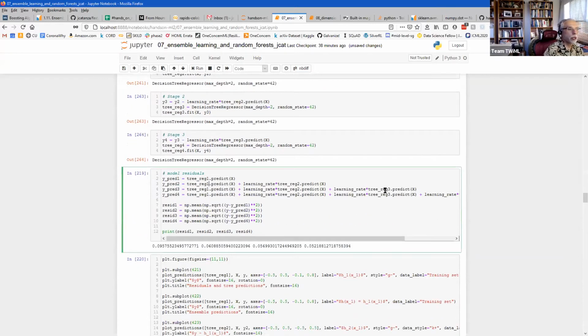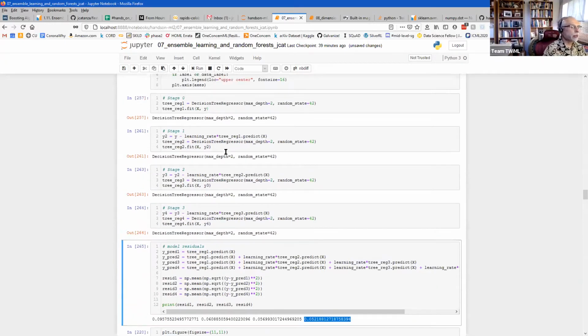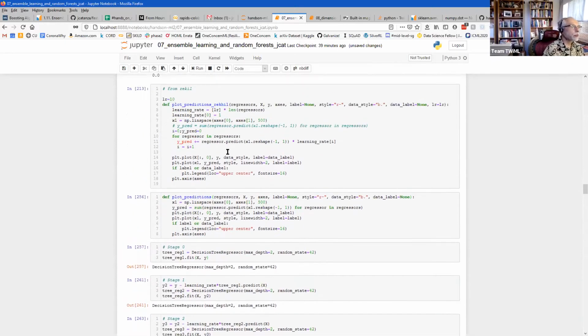And then we can look at the predictions from all the models, and we'll look at the sequential predictions. Here's the first model where we're just fitting the data. Here's where we're adding the correction from fitting the residual, adding the correction on top of the correction, and then adding the correction on top of the correction on top of the correction. And then we can look at the residual each time and see that the residual is getting smaller and smaller. You might say, well, why doesn't it get any smaller than 0.05? That's because we added noise of 0.05, going back up here,